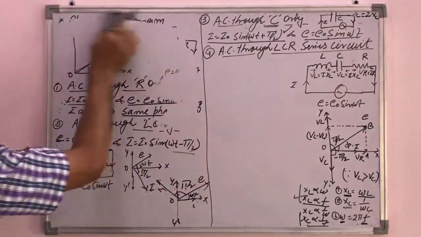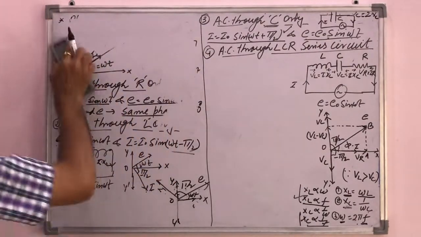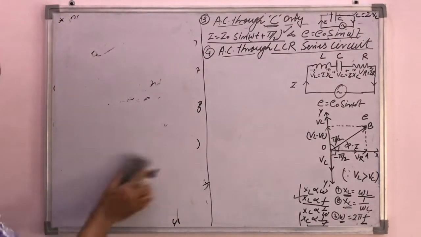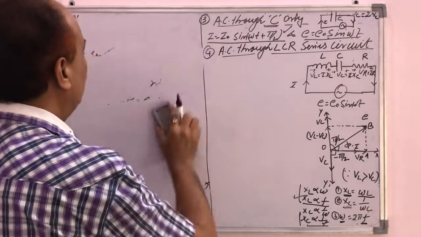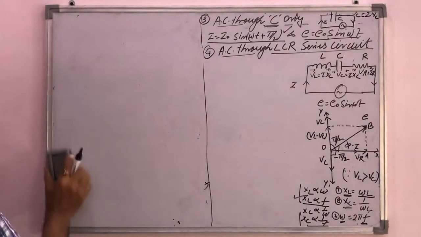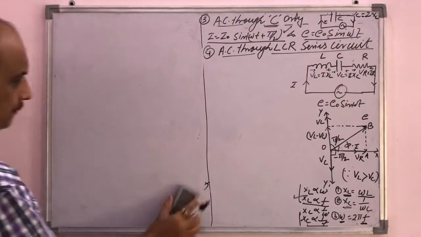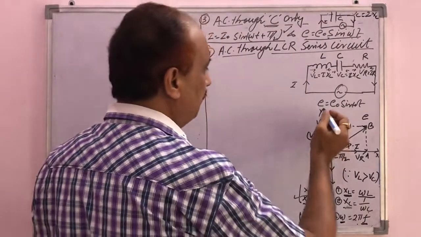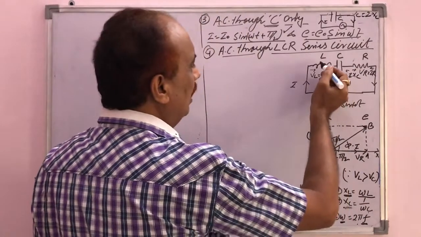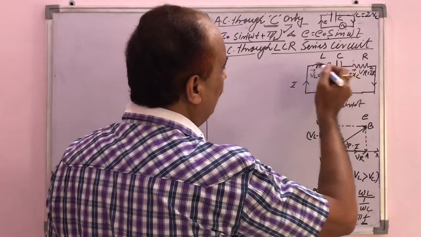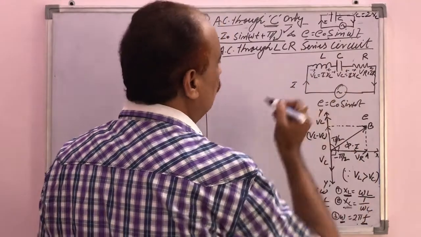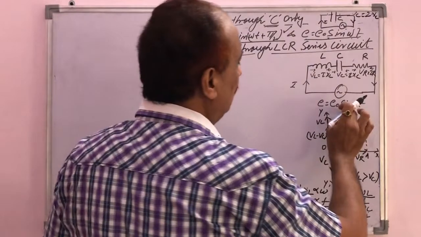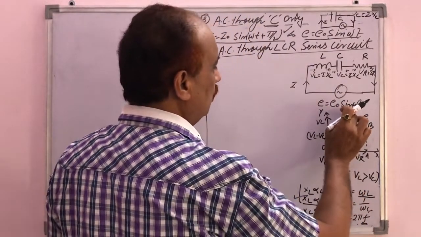Now to discuss this article, we have to first of all draw the phasor diagram for the LCR series circuit. Now we have to consider here L, C and R. These are the 3 devices which are connected in series with the source of EMF E equal to E naught sin omega t. L is the coil, or you can say the inductance coil, C is a capacitor, R is a resistance, and these are connected in series with E equal to E naught sin omega t.